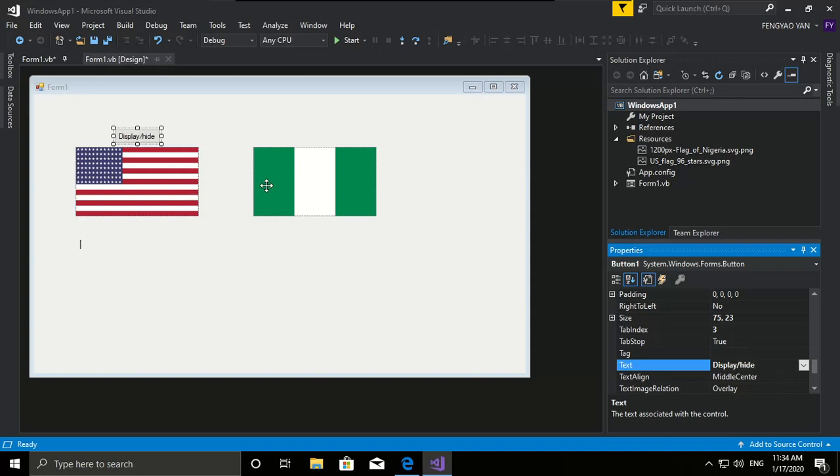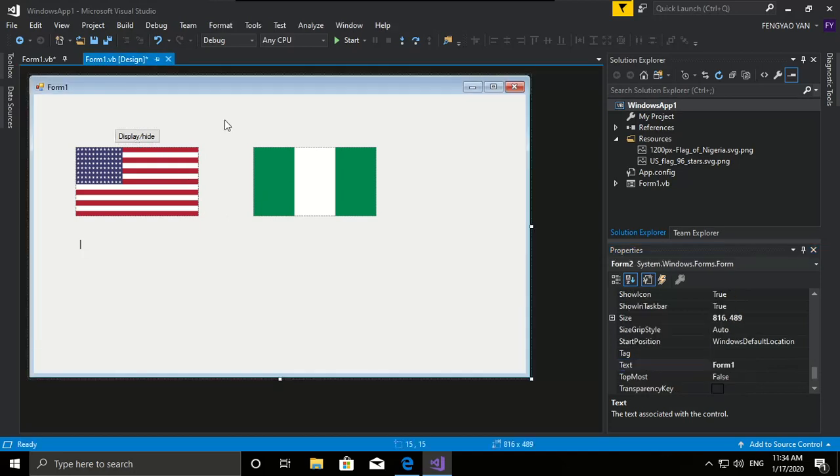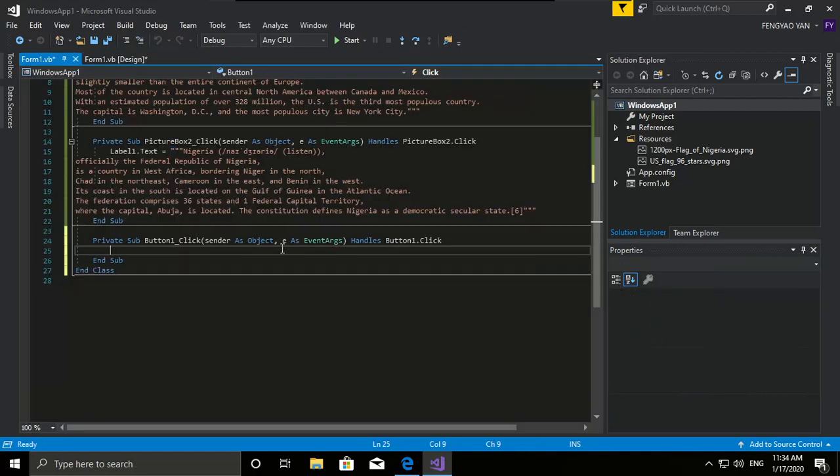So okay, now how do I add functionality to this button? Very simple, just double click on this button and Visual Studio will automatically create a handler for you, and you can type in your commands. It has two situations here. When the image is disappeared and we click the button, we want the image to show, and when the image is displayed and we click the button, we want the image to disappear. So we need to use an if clause,